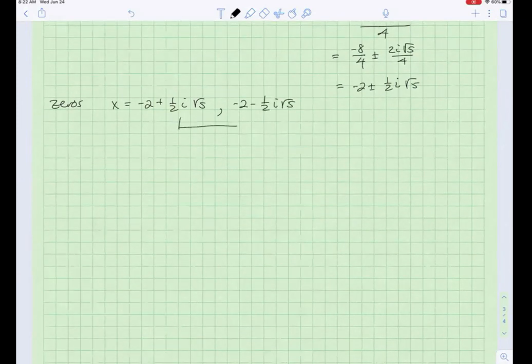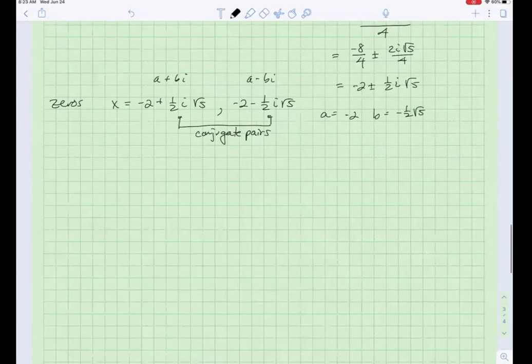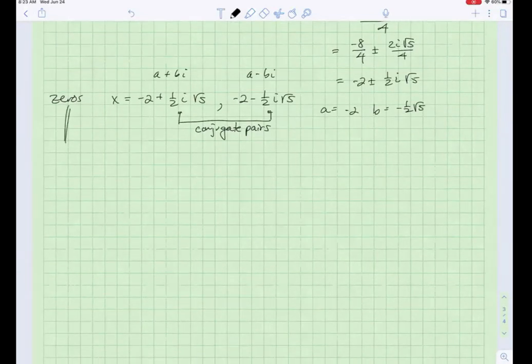These again occur in conjugate pairs. This is the a plus bi, this is the a minus bi, where in this case b is a little bit more complicated. In both cases here, a is negative 2 and b is 1/2 times the square root of 5. Okay. Now, by the factor theorem,